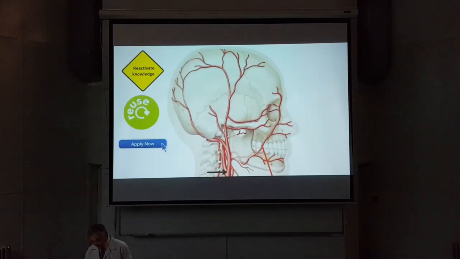The blood supply starts at the common carotid, external carotid, facial, extending into the face, continuing as superficial temporal, anterior branch, and posterior branch. The facial artery branches off